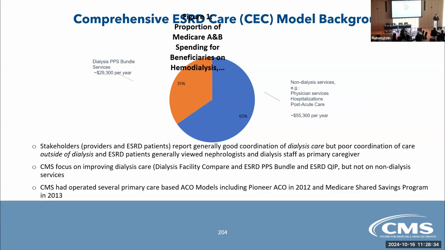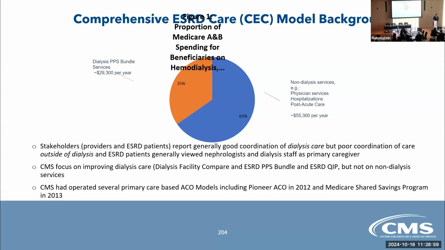So in general, given that first slide, CMS has been doing a lot in the kidney disease population for a while, with a lot of focus and a lot of different quality efforts. But most of it had been focused on that portion in yellow for you all, which is about dialysis care, where we came up with a quality improvement program for patients on dialysis. There was Dialysis Facility Compare, and I think a big focus on better dialysis care.